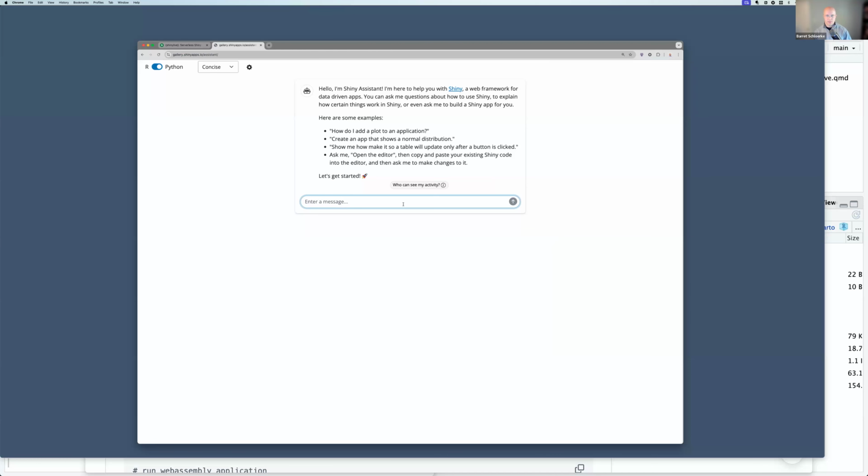Shiny Assistant is a newer thing that Winston Chang has been working on, and the Shiny team has been trying to integrate large language models more and more, because a lot of what they're good at is removing busy work. The hard part of building a Shiny application is knowing what you want to do.